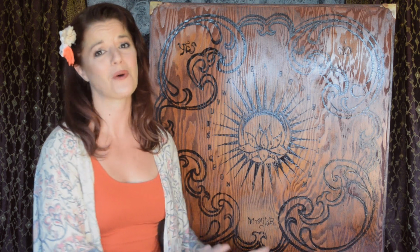So what worked and what didn't work? I knew what I was getting into when I decided to wood burn the whole thing, but as you can see, it was totally worth it. It took a few hours, but you know,